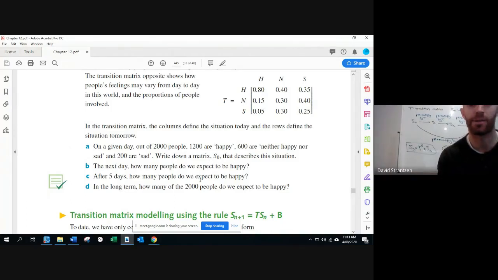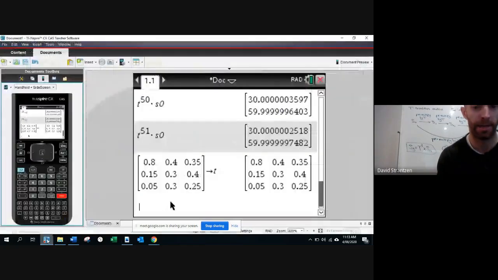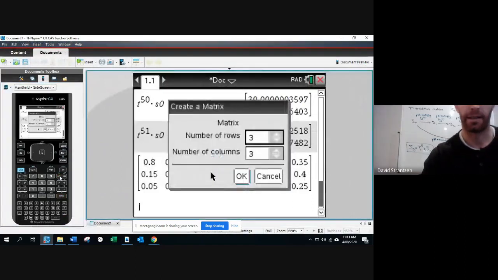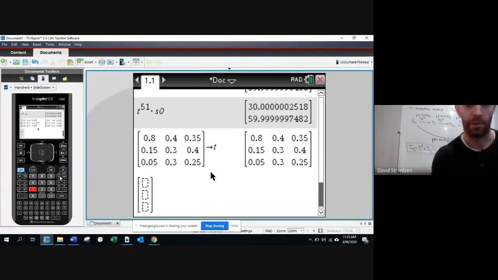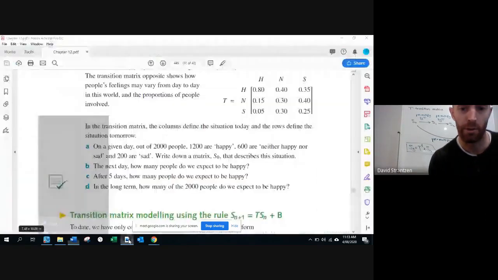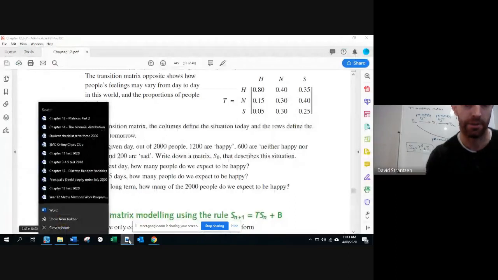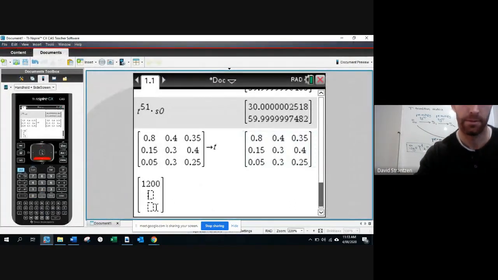So my initial state matrix is a 3x1 matrix this time, because there are 3 different categories. And we had, what was it? 1,200, 600, and 200. For this as